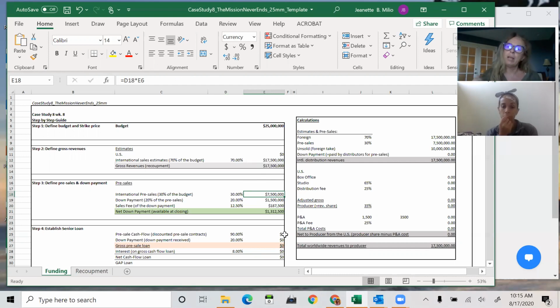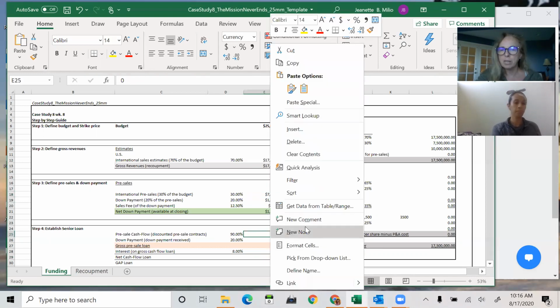Now, when you go to the bank with the sales agreements that you made, which is the 30%, the bank says to you, thank you for these agreements, but I'm not going to give you 100% of them because maybe one of these distributors is not paying. I want to have my risk a little reduced. So I'm only giving you 90% of your pre-sale contracts. The pre-sale contract amount is the 7,500,000. If the bank only gives us 90% of that,